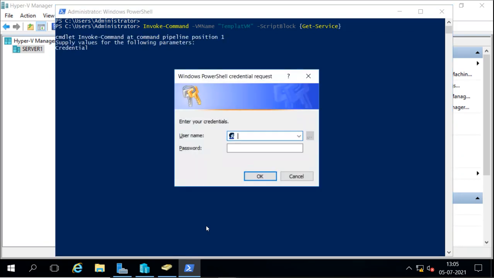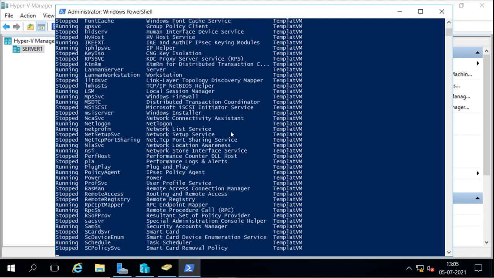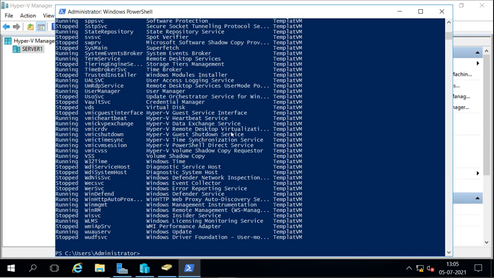We have to provide the authentication. Now this command is going to execute on that virtual machine and give the output. So we can run any of these commands directly without logging into the virtual machine, and we are getting this output.